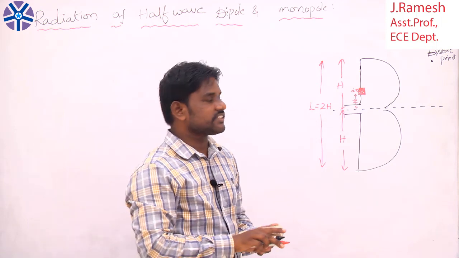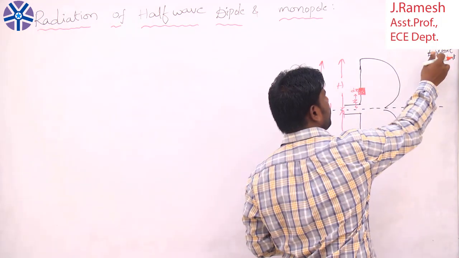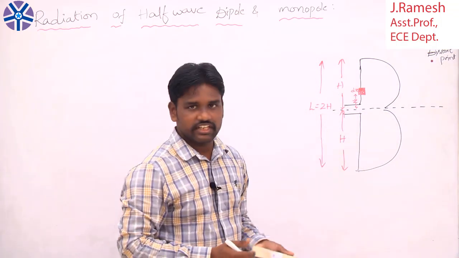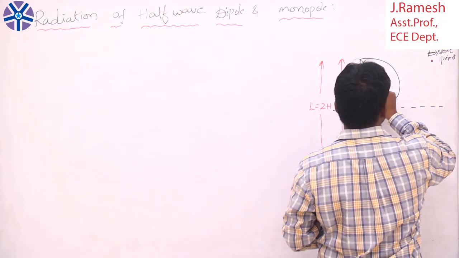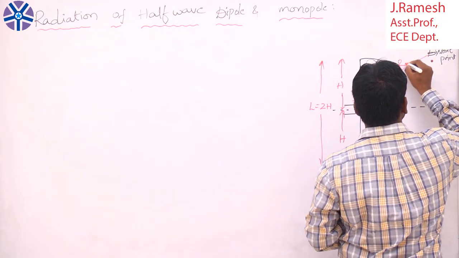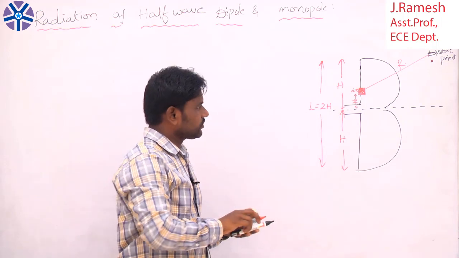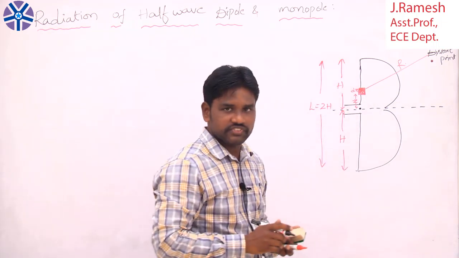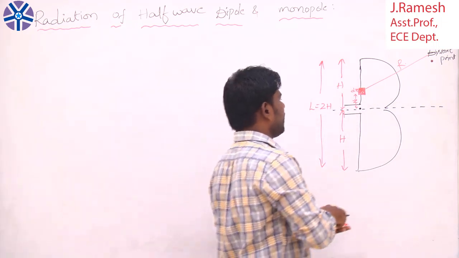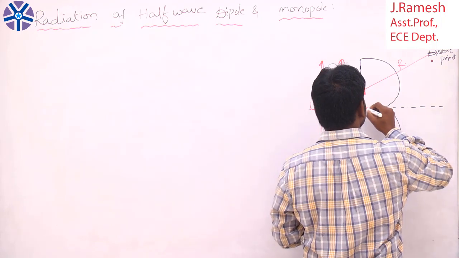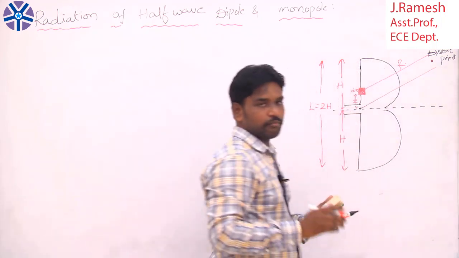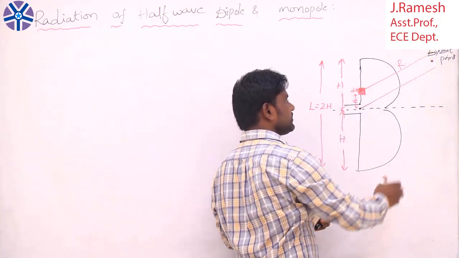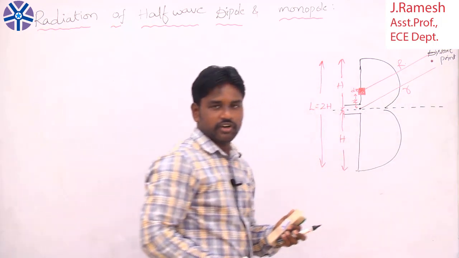Now there is a point P, a distant point P. This is a far distance from our original element dz. I am considering the distance from here to here as capital R. Here is the center. I am placing my element at a distance of z from our center. My consideration is that all lines to the distant point are parallel to each other. Towards the point from the origin the distance is r, and from the element it is the smaller distance.